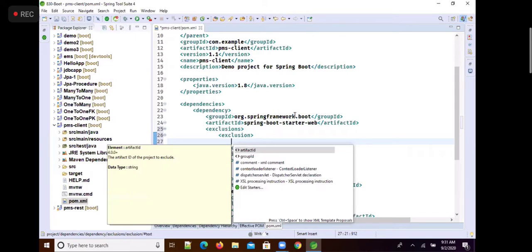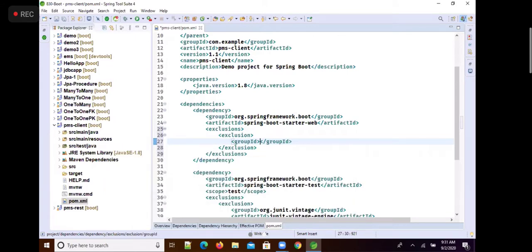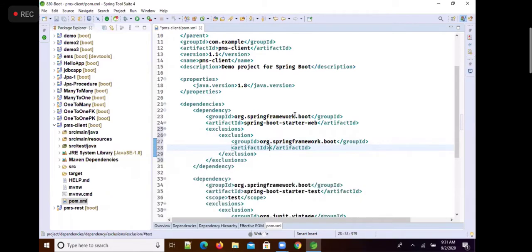Exclusion contains group ID and artifact ID. So this is artifact ID. Now from this dependency, Tomcat is excluded.